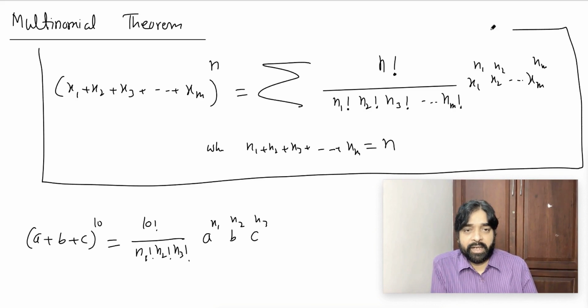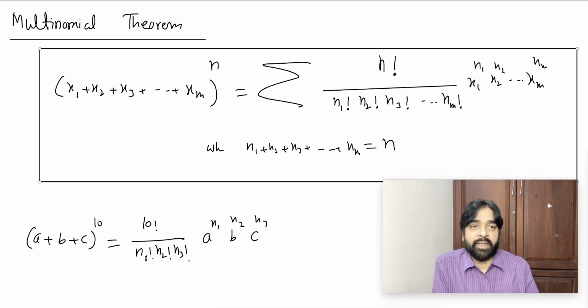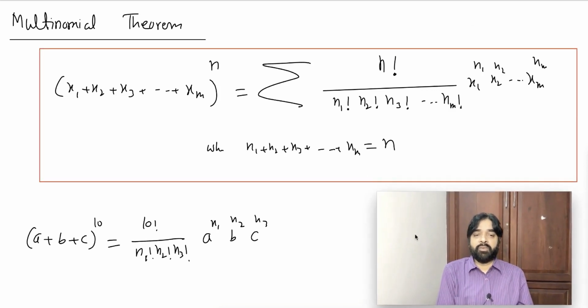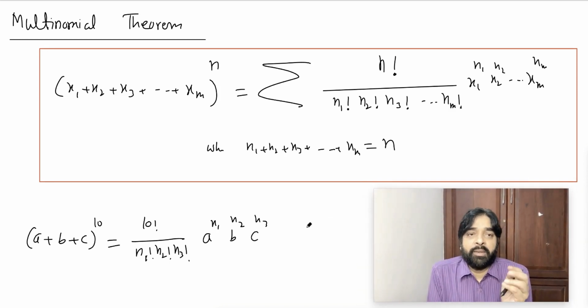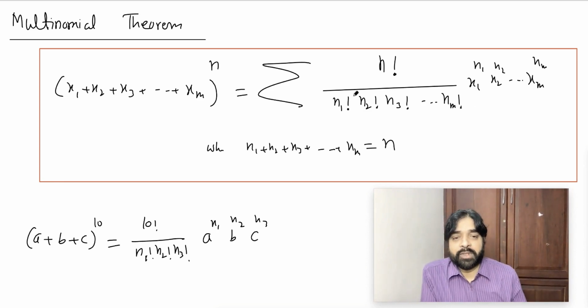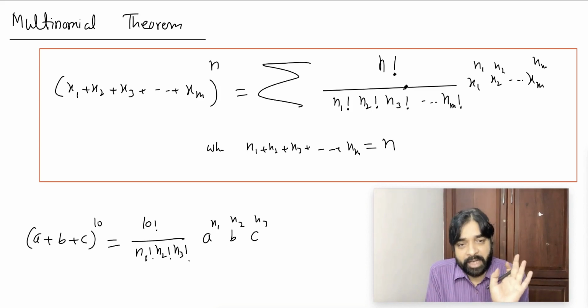Have you understood what I did? Is it clear to everybody? This is what is called the multinomial theorem. Multinomial means any number of terms are there, and we can expand this way. When there are only two terms, this value turns out as an nCr. That's why we learn it as the nCr way. But the actual way is this.